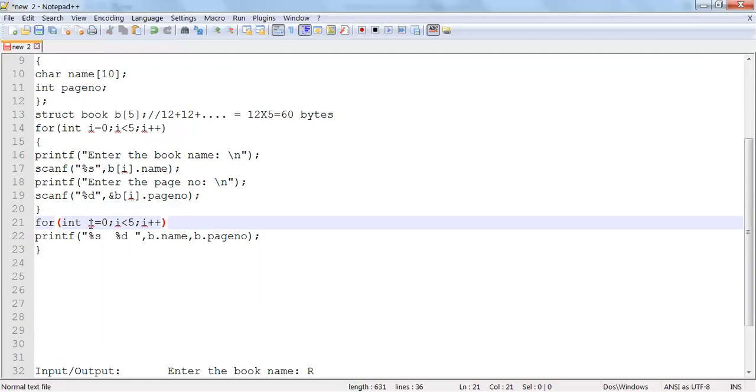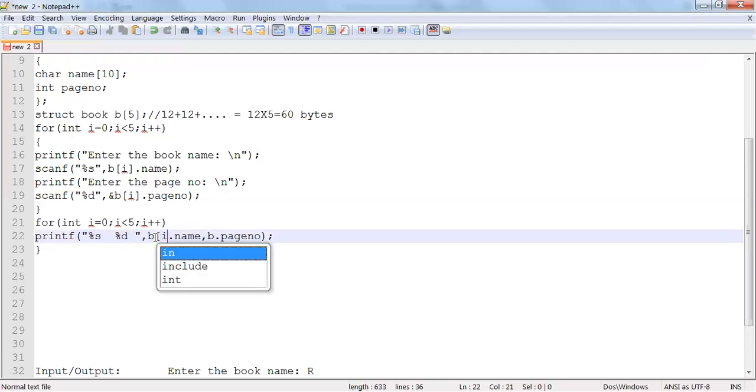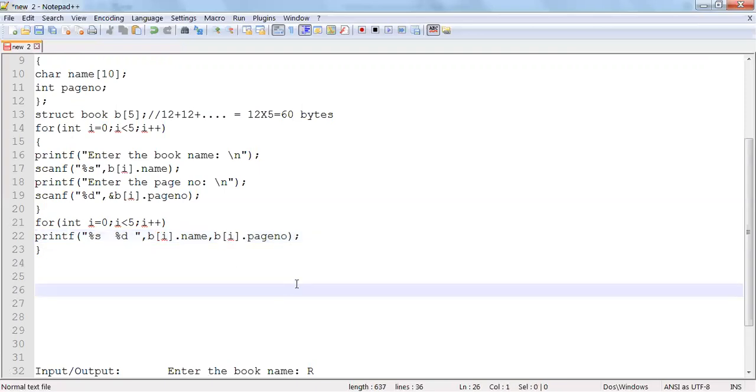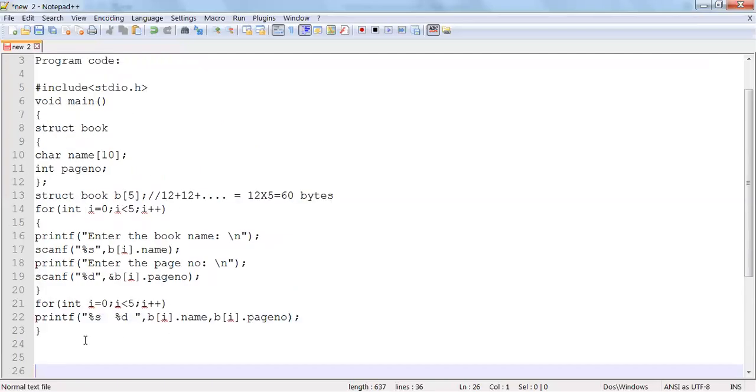So it will iterate again 0 to 4, 5 times. I will simply write the i part, and similarly I will write the i part, the index part. So this is the complete program. This is for printf and this is for scanf. So this is repeating 5 times.